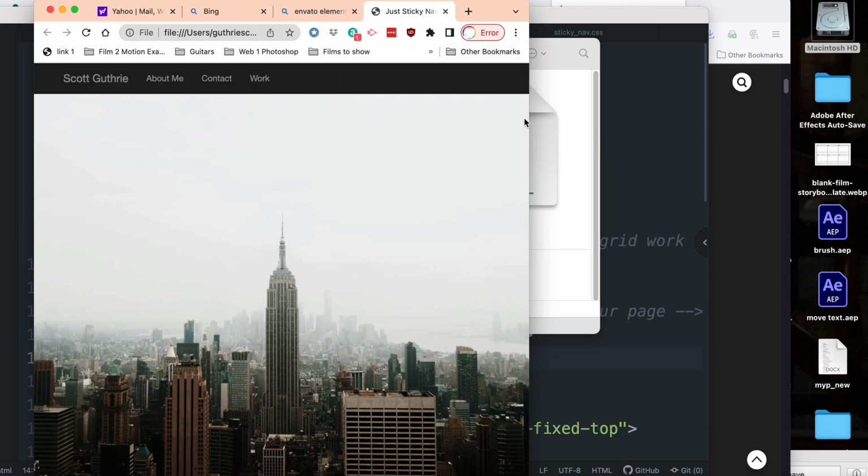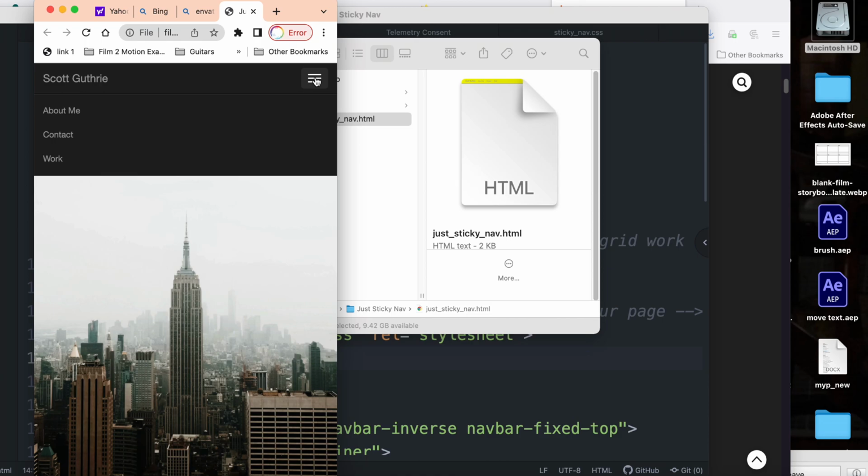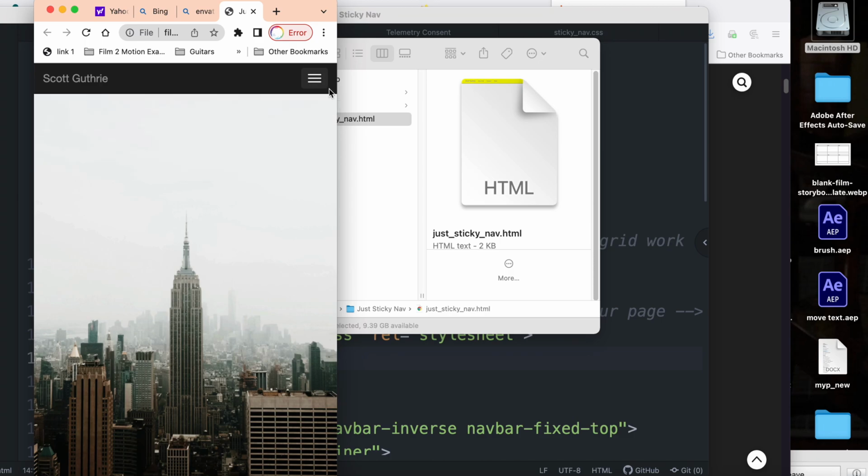So that's the sticky nav. Notice the graphic comes up when it gets a certain width. Okay. That's the brand right there. These are the li tags here. This is the little icon bar graphic of three little lines. There you go. Okay, and then